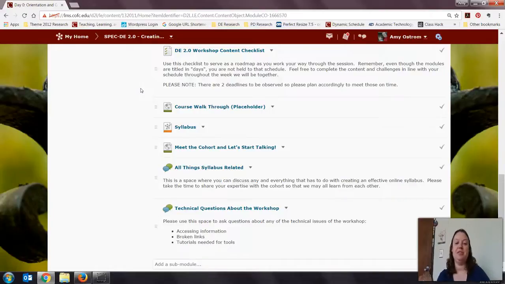And then some chances to meet each other, because part of the beauty of DE 2.0 is building this community with other people that have taken online courses, that are teaching online courses at the College of Charleston. We do a lot of that within your own cohort when you take the readiness course, but sometimes we forget once you get out into the world and it starts to feel like you're teaching in a vacuum all over again. Let's break down those walls and build relationships with the people that are here with you now,